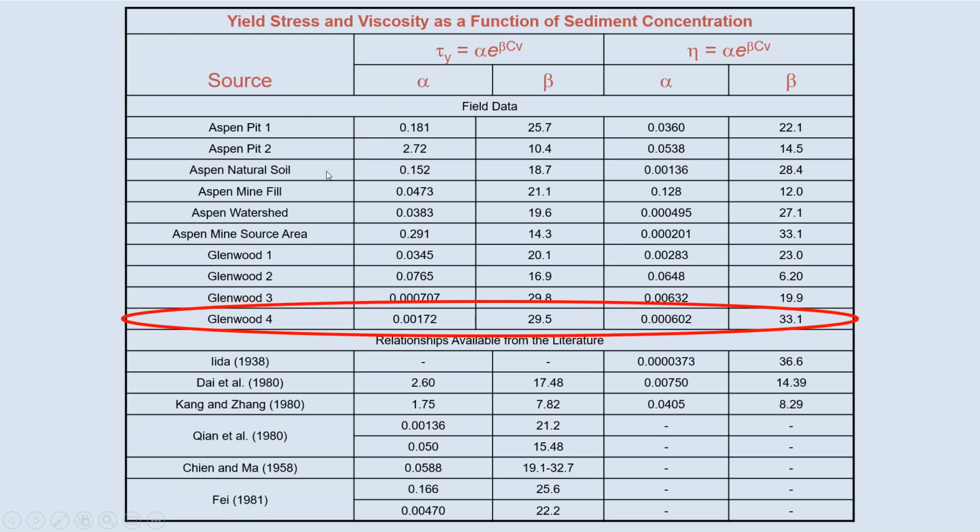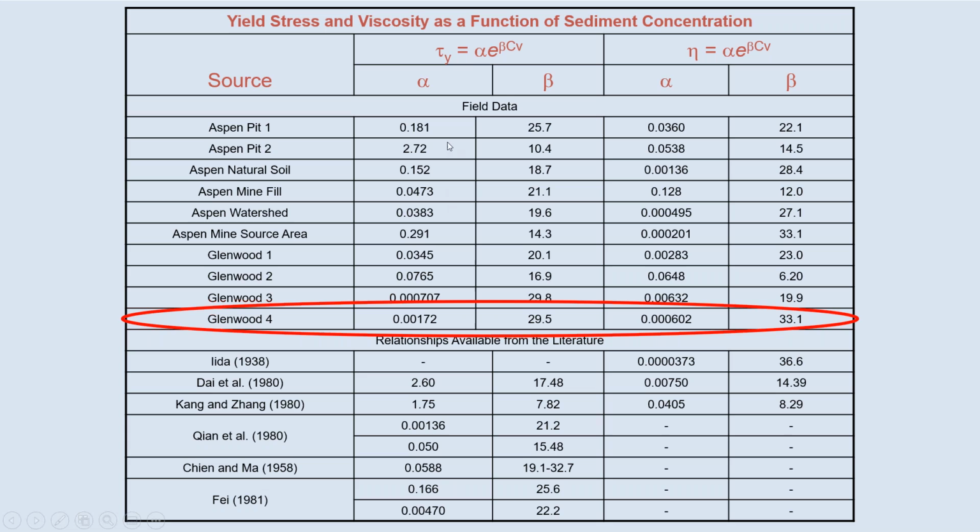So I went out and gathered all these different samples and brought them back and created a laboratory viscometer, with which I measured the rate of strain on a fluid in an annulus, and measured the rate of strain as I increased the rate of shear, meaning that I increased the speed of a rotational viscometer, and then measured the rate of strain and the shear stress on the interior